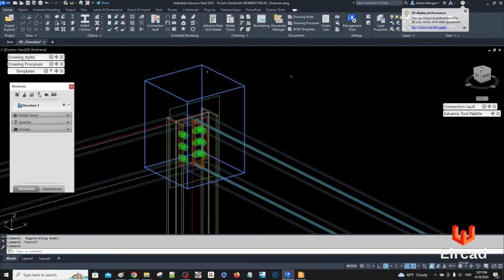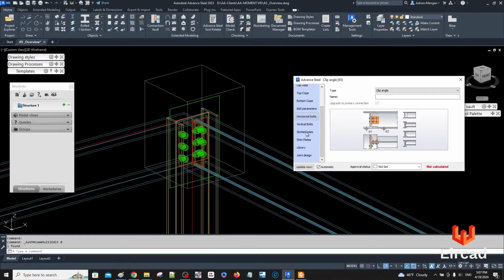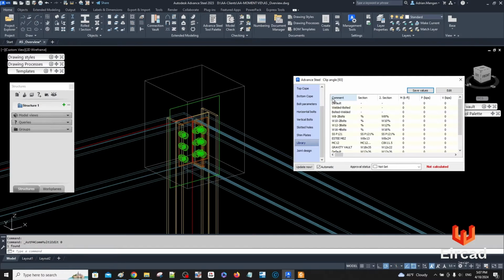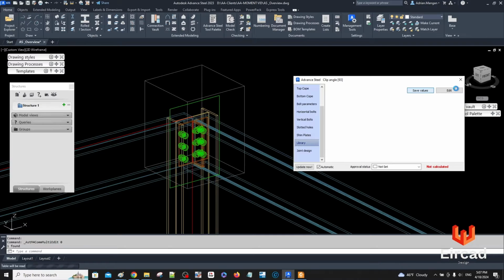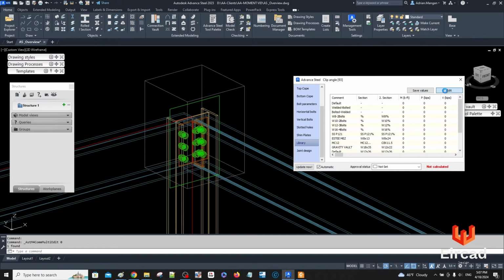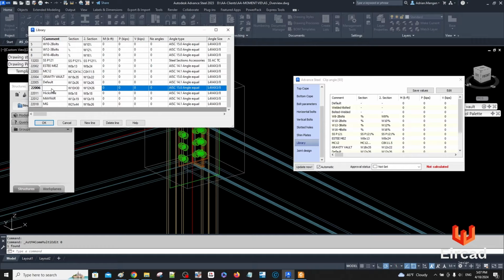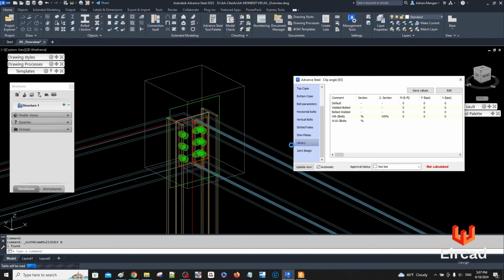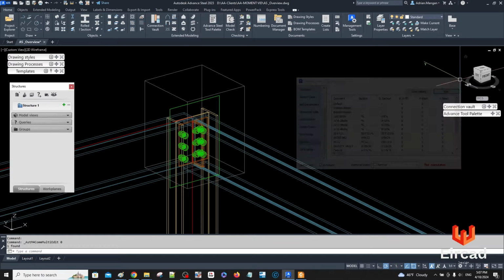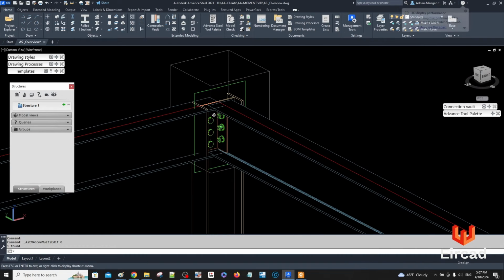So I'm going to pick this connection again. Come down here to library. Save values. Edit, and this is it here. So advanced steel, I'll just call it ASO1, or ASO staggered. So that's advanced steel overview staggered. Alright, so now over here,